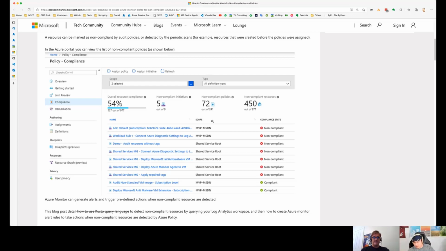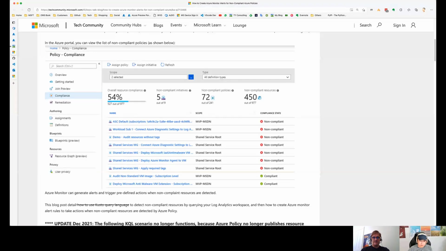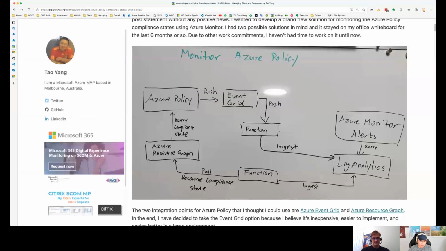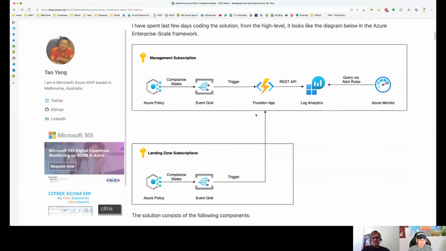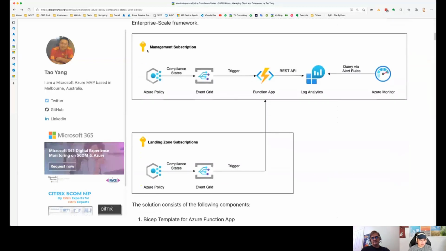Yeah. And you don't have to implement both on the other blog? No, so it's only just the Event Grid. I did not implement the other one because it's way too complicated and I don't think it scales well. Okay, just go for that push Event Grid function here, and you don't have to do the Azure Resource Graph. So this is what I ended up